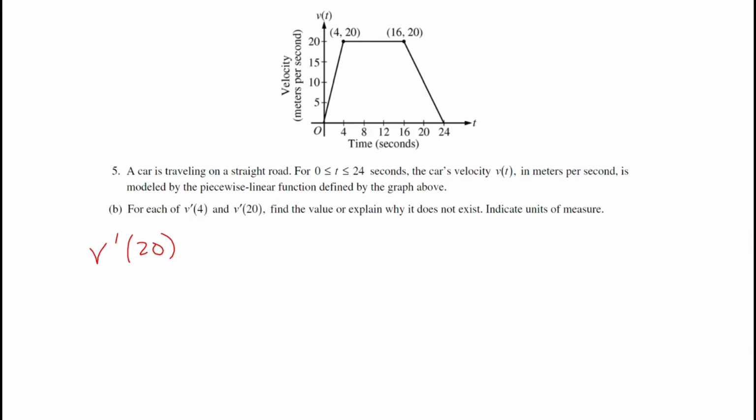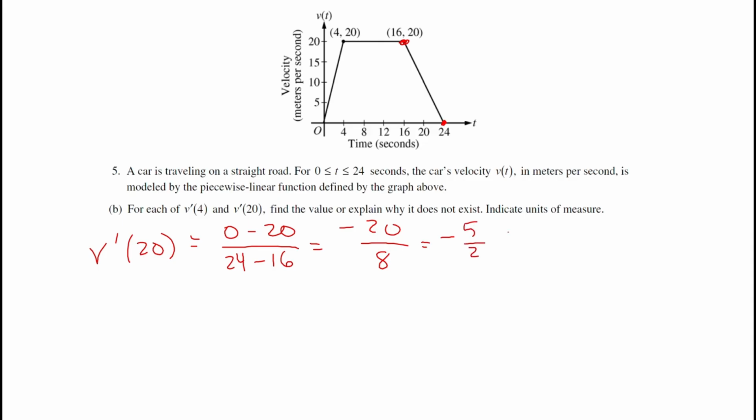So that's just the slope between the point at 16, 20 and the point at 24, 0. So we'll just do our value at the second point, so that's 0, our y value there is 0 minus our y value of 20 over 24 minus 16. Well, that's negative 20 over 8, which of course reduces, we can divide them both by 4, into negative